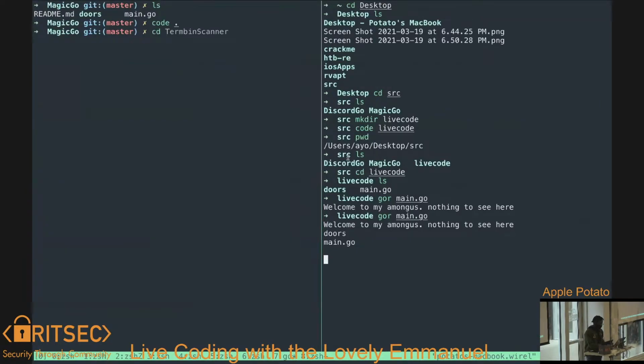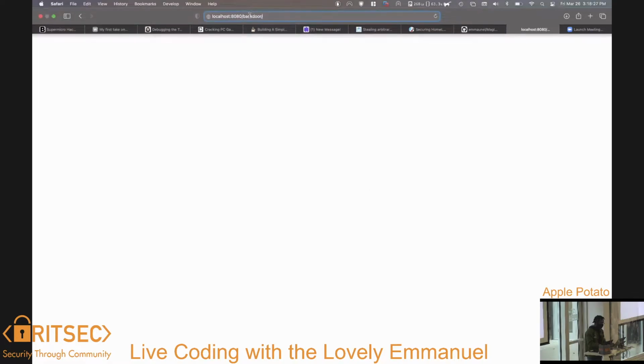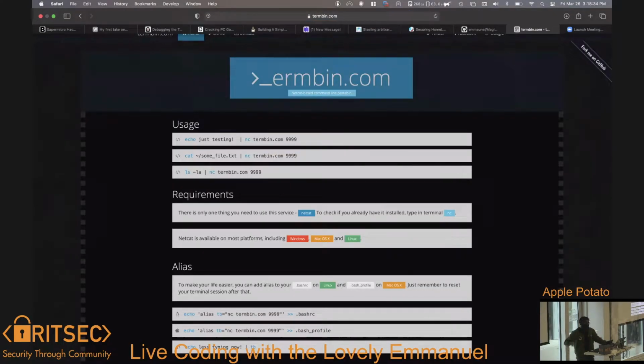Another one. Let me stop this. You know those websites where, if you need to send something to a friend but don't want to copy and paste, there's Pastebin, a lot of bins. There's also this one called termbin.com. It's really cool. Most of these are open source, so you can read the code and try to see how they generate the last few characters.